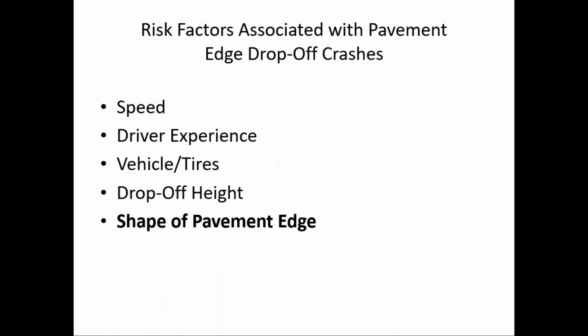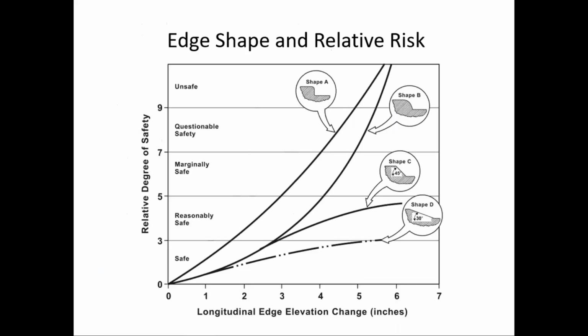There are a number of risk factors associated with pavement edge drop-off crashes. Certainly speed is a factor. Driver experience is another big factor. The vehicle and the tires, the drop-off height, and a key factor, as I've highlighted here, is the shape of the pavement edge. This chart is based on some research done at the Texas Transportation Institute, TTI, at Texas A&M